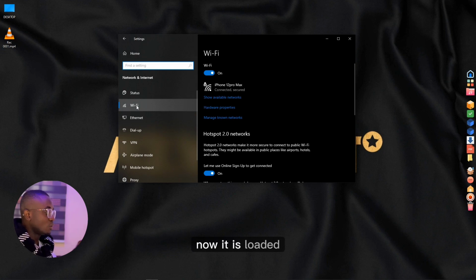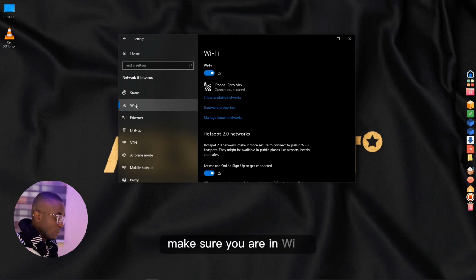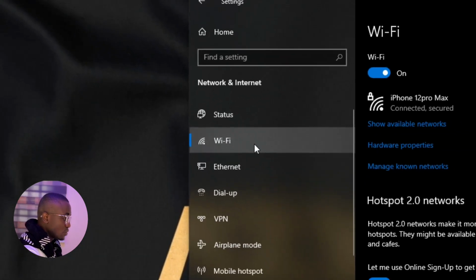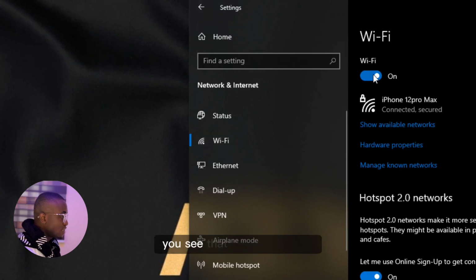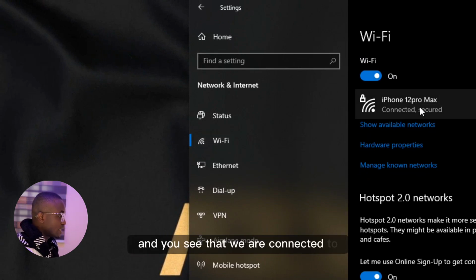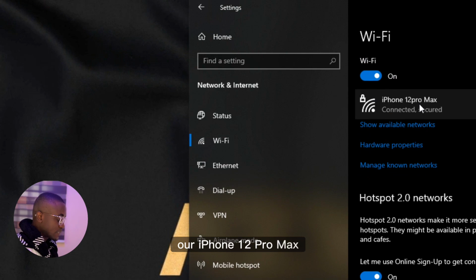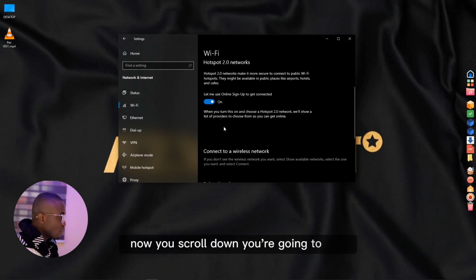So now it is loaded. Click on Wi-Fi. Make sure you are in Wi-Fi. Let me zoom in closely also. Okay, make sure you are in Wi-Fi. You see that your Wi-Fi is on, and you see that we are connected to our iPhone 12 Pro Max. Now you scroll down. You're gonna find